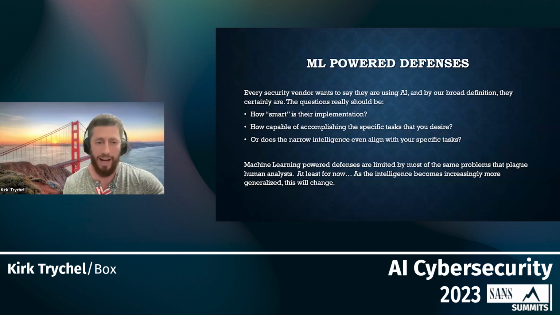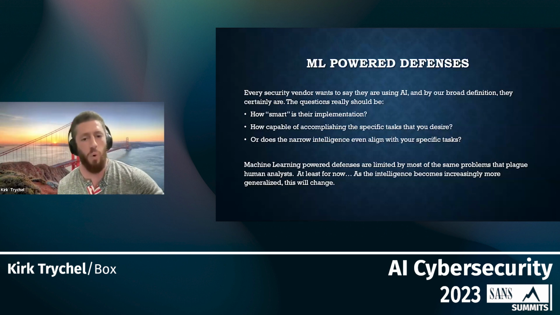So I think the question that you want to ask yourself when you're evaluating these products is the same as always: does this fit my use case? Sure, they have some form of AI. How smart is it? What is it capable of doing? Does it have an intelligence that is too broad for my purpose? Do I need something that's more narrowly focused? Or is it a narrowly focused model and I need something that's more general, right? So even if a product says, hey, we use AI, okay, but what does that mean? What does that do, right? Those are the questions that you still want to be asking.